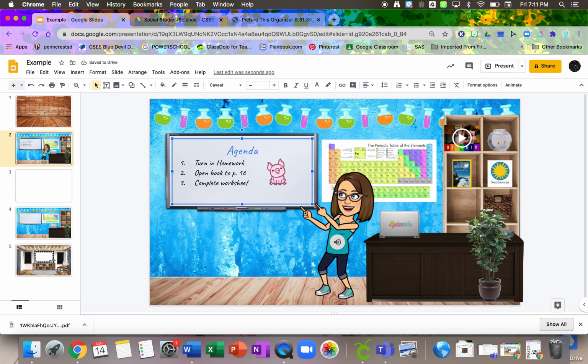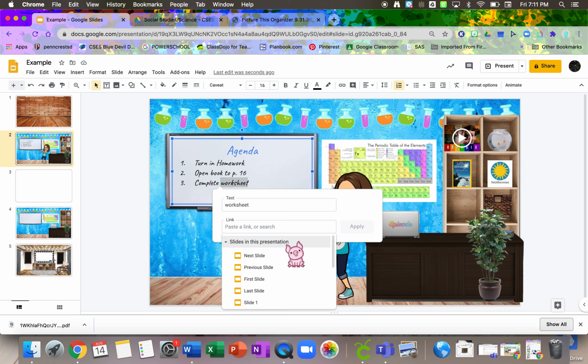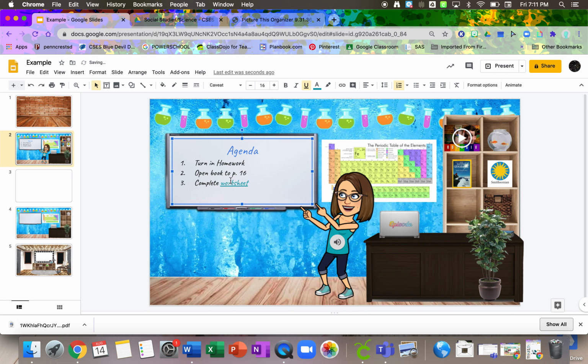So for this sake, what I was thinking of is maybe you want them to link or complete a worksheet that you have linked to this virtual classroom. So I'm going to highlight worksheet, and I'm going to hit this link button, or I can hit Command K again. Slides and presentation. I'm going to pick slide 3. I already put a blank slide in there that I'm going to use, and hit apply. And as you can see, it changes the color, underlines it just like a hyperlink. So the students will be able to click right on that, and it will direct them right to this page